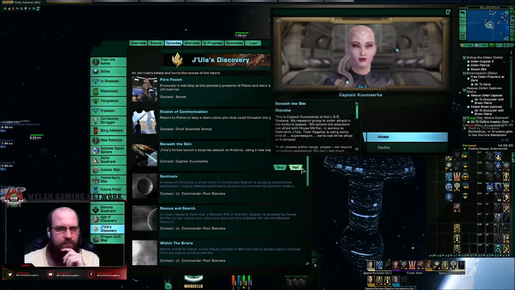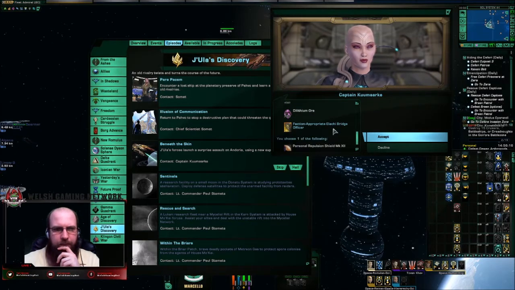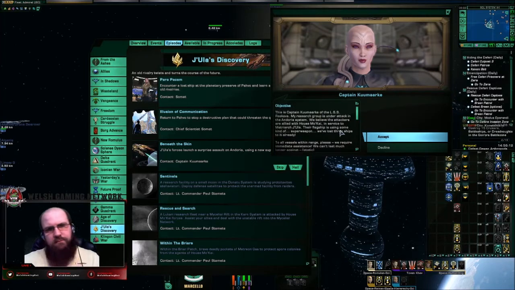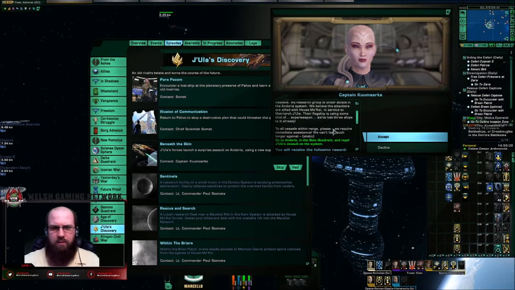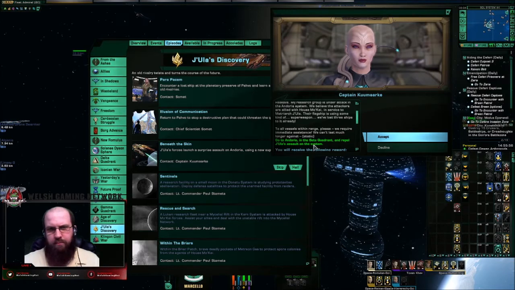Hopefully. This is Captain Kumarke of the LSS Riskava. My research group is under attack in the Andoria system. We believe the attackers are allied with House Mokai in service to Matriarch Jaula. Their flagship is using some kind of super weapon. We've lost 3 ships to it already. To all vessels within range, please. We require immediate assistance. We can't last much longer against...